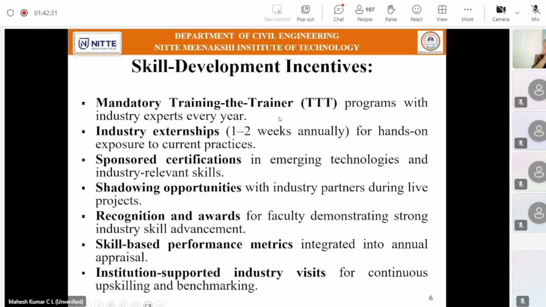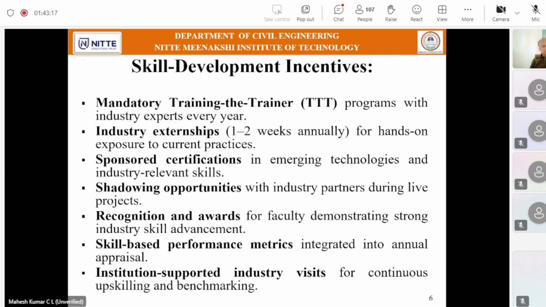Faculty should go to the industry for a minimum of 1 or 2 weeks for hands-on exposure, to update themselves on current industry practices. Also, the organization should allow the faculty to complete sponsored certifications in emerging technologies, as emerging technologies have already been updated in the Atal portal, and we can go to the NASSCOM website, the Atal website, or any NSDC website to complete our sponsored certifications in the emerging area. And more than that, people should be given opportunities to meet industry experts during their live projects,